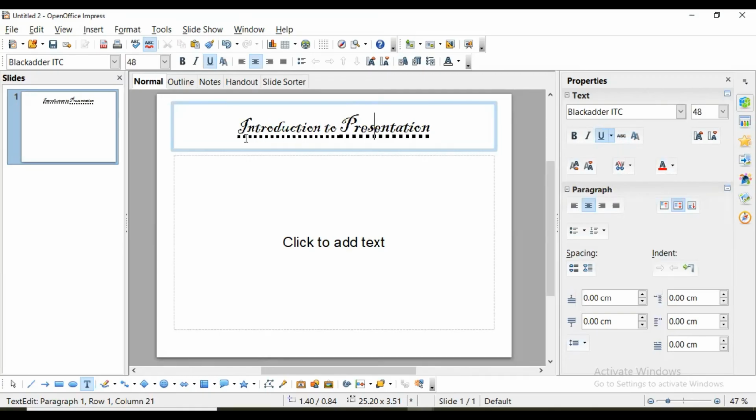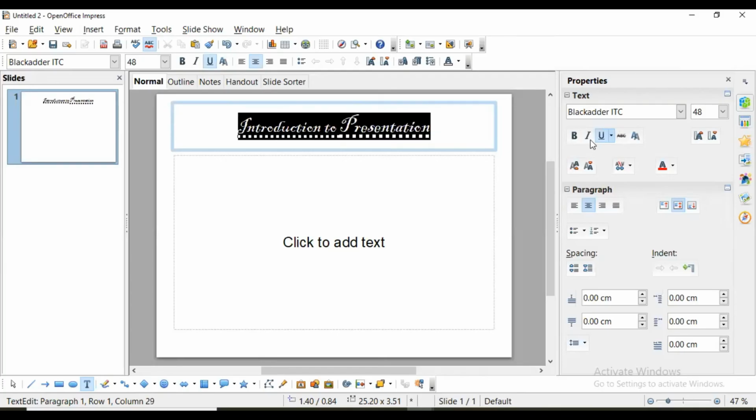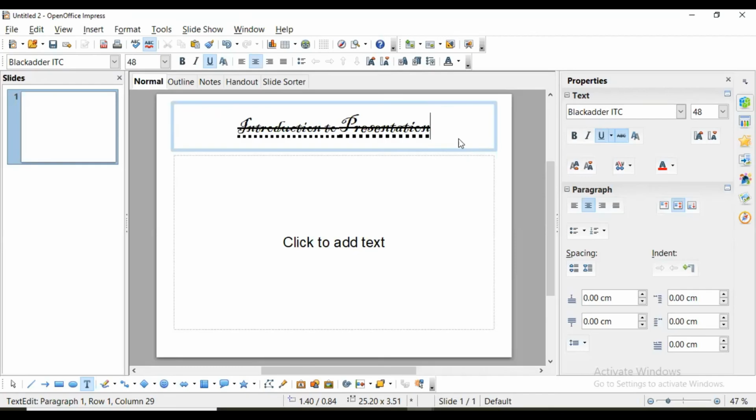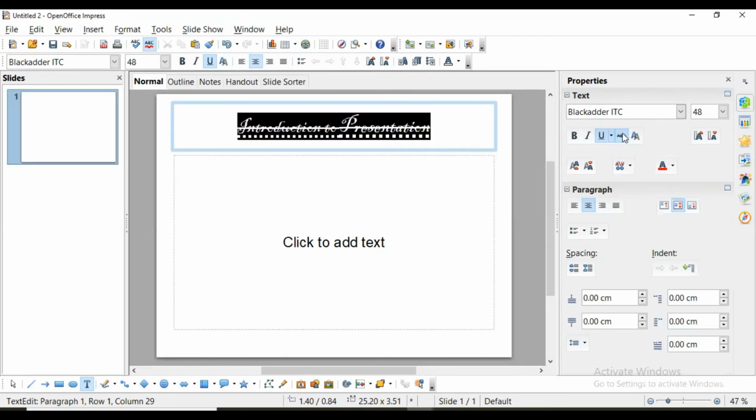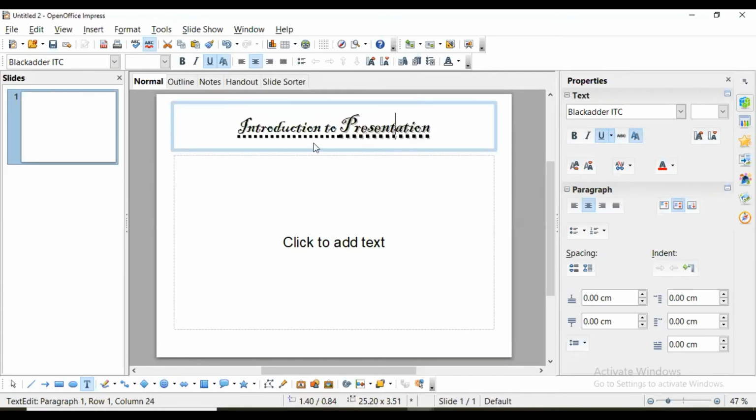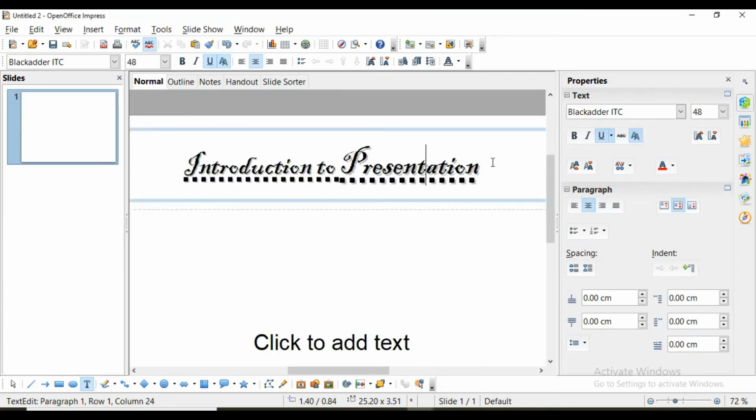Okay, strike through we all know, when we select anything and do this, it will be displayed like this, that it is cancelled. Okay, now I am removing this effect. This is shadow. Okay, now it will have a 3D like effect. Okay, that is shadow. Now I am zooming in this content so that you can see it properly.